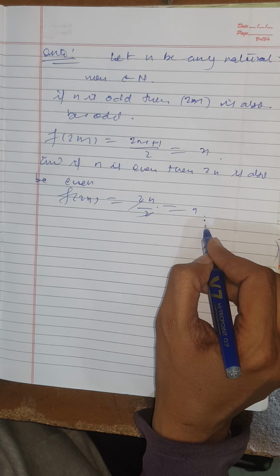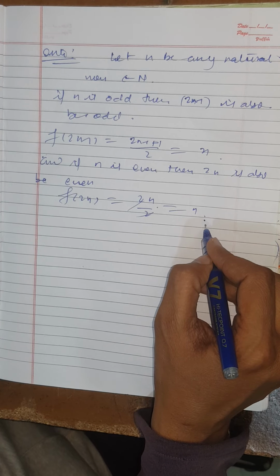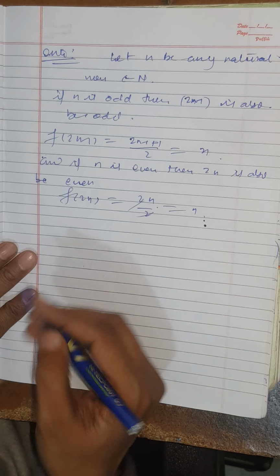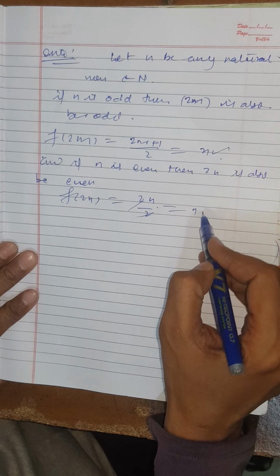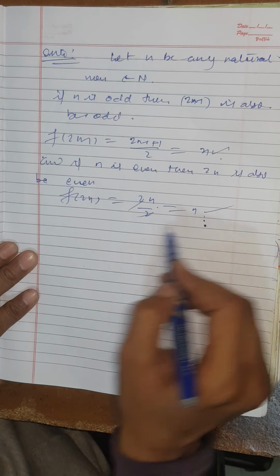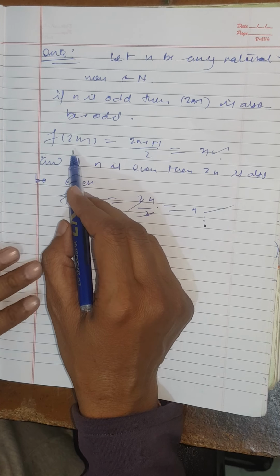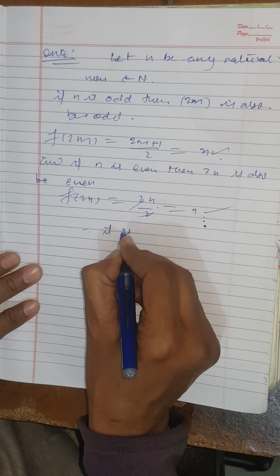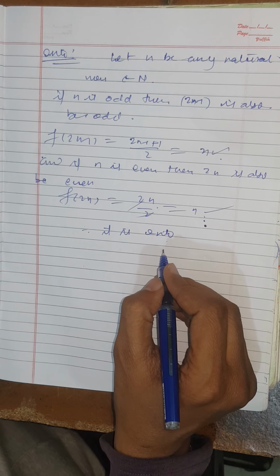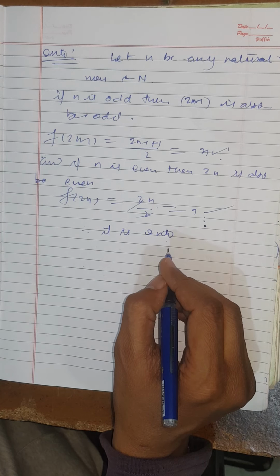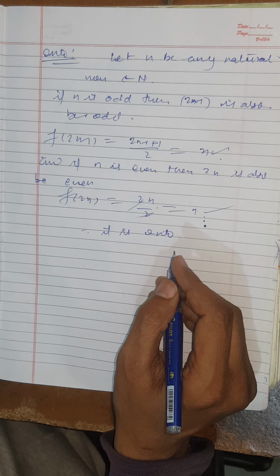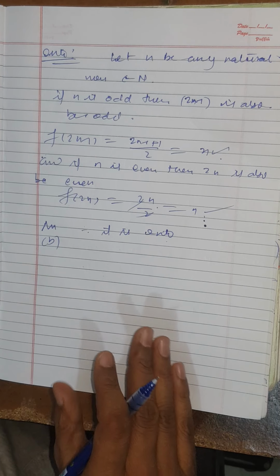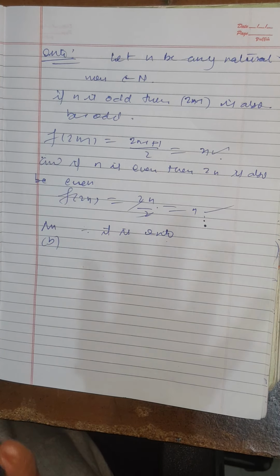So we see that the range is n, where n is a natural number. So the meaning of that is, all natural numbers in the codomain set have their preimage in the form 2n or 2n minus 1. Therefore it is onto, since all natural numbers have their preimage in the domain set in 2n minus 1 and 2n form. That is option B, the right answer. Many-one onto is the right answer.